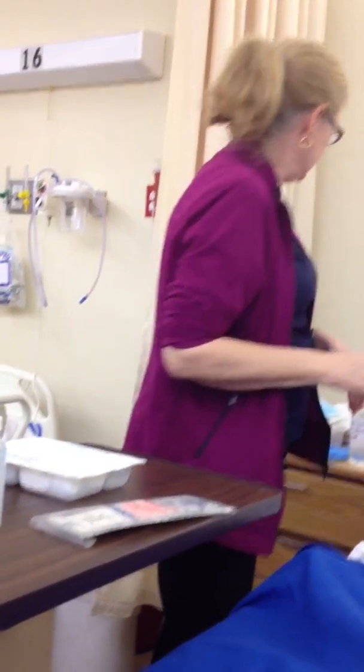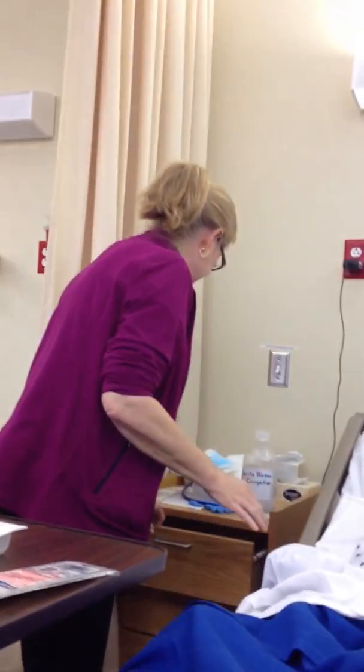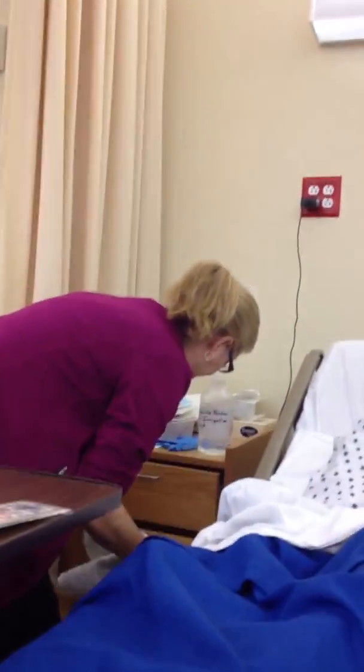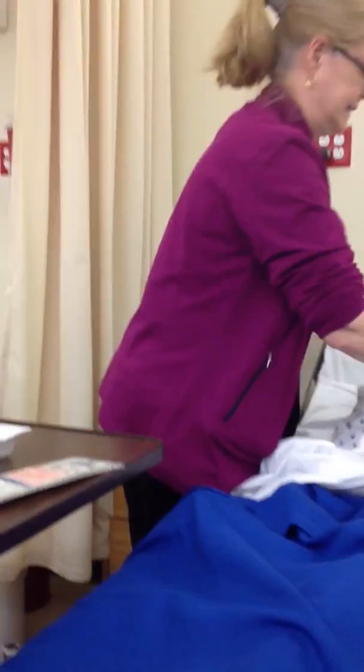Normal saline, and I have my hydrogen peroxide. So I'm going to remove everything from the table that I don't need because you really won't have that much room to work. And the other thing that I would put across the patient's chest if I had it would be a towel or a chuck. So we'll just pretend that this is a towel,